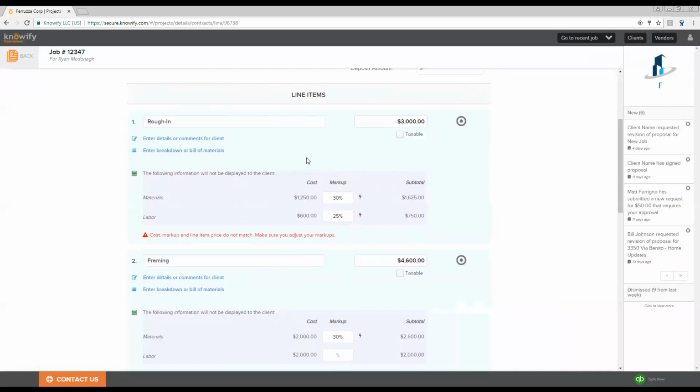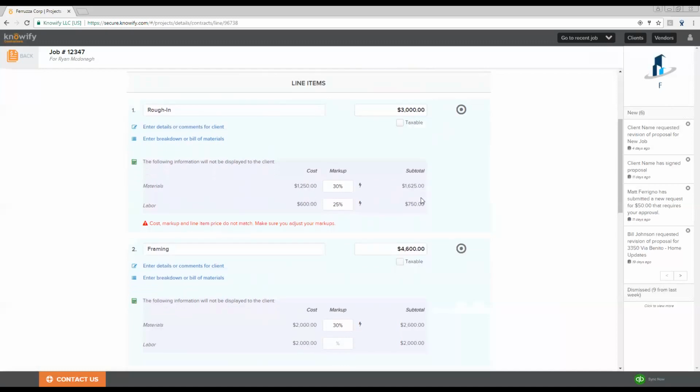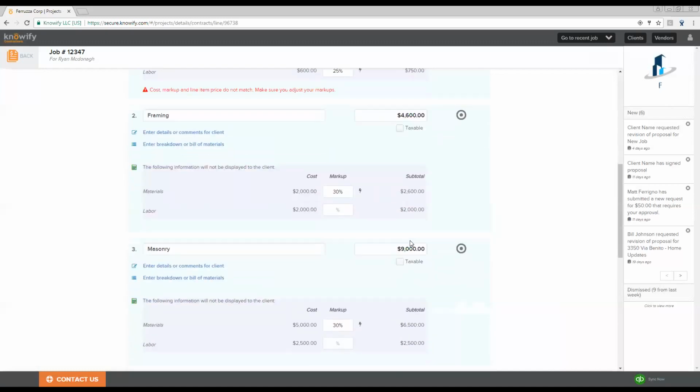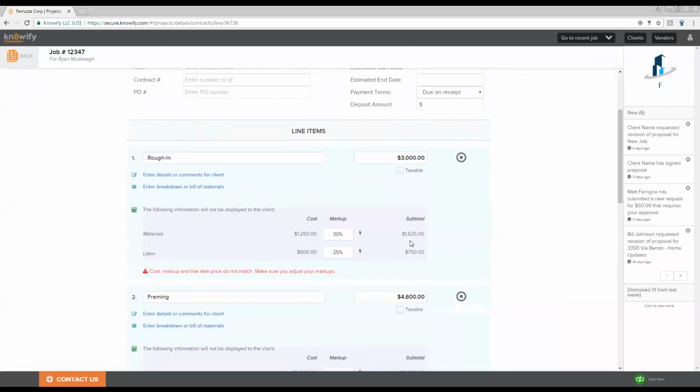Now you can also include additional information here because everything here is going to be client facing. This is how we're going to track the revenue for the job. So ultimately we're going to be invoicing for each of these line items here. So at this point, while we're bidding on the job, we're able to customize how we want this proposal document